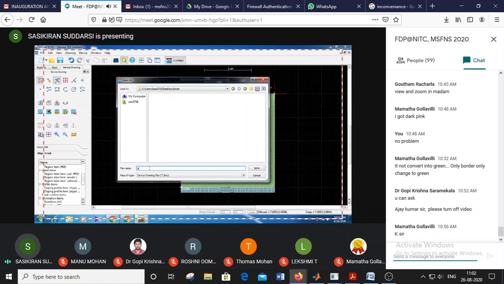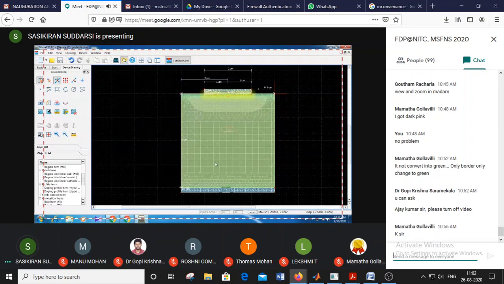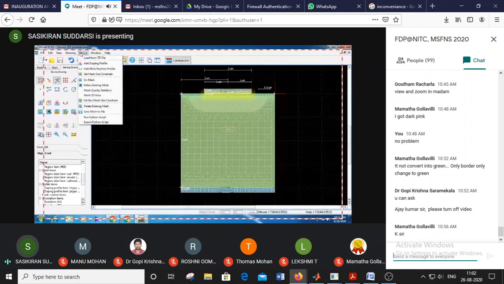For example, I am typing it as pn diode. The default extension is .drw. So save that file.